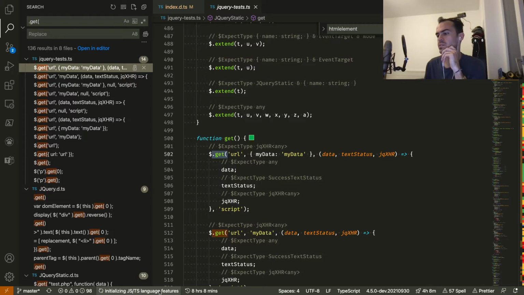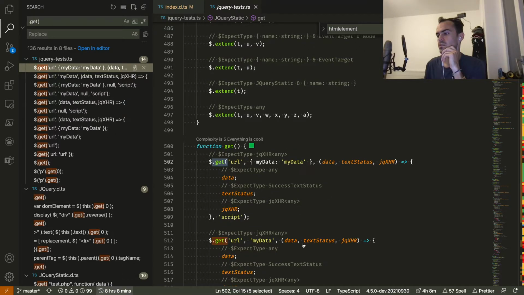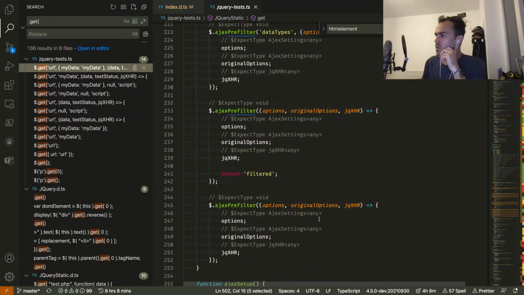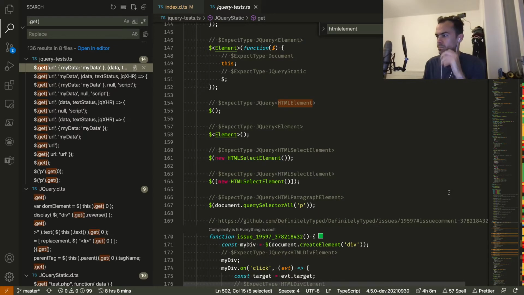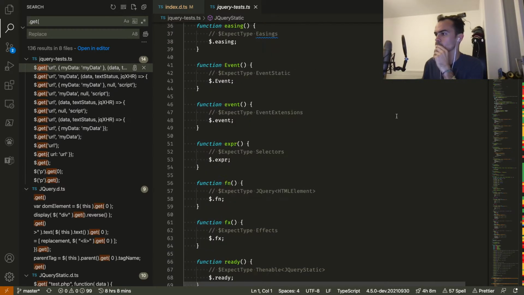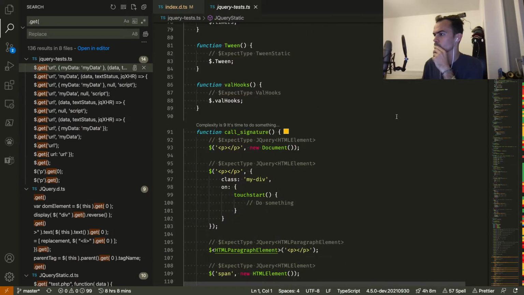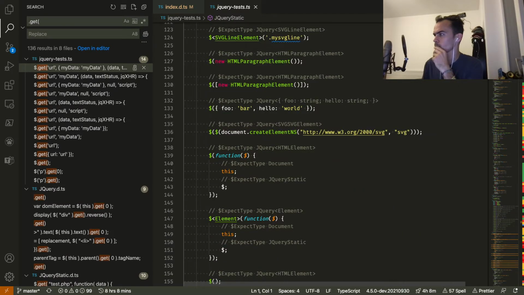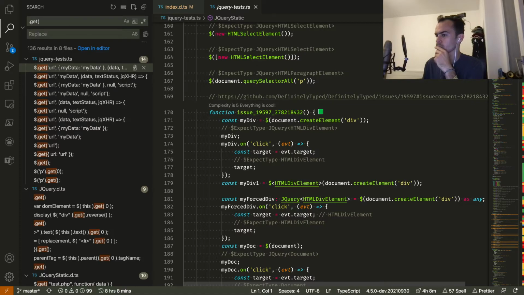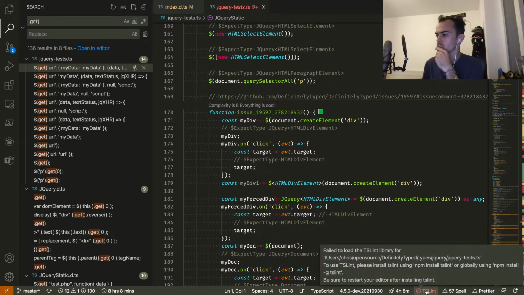I'm still going here. Uh-oh, there's a lot of red. Start at the top. Where's the red? Where's the red, man? Oh, but they're info. What is this?